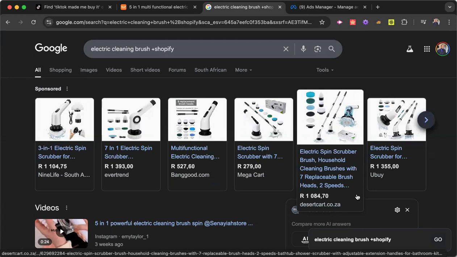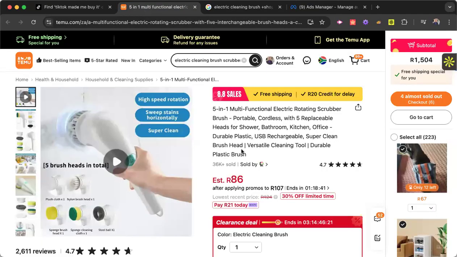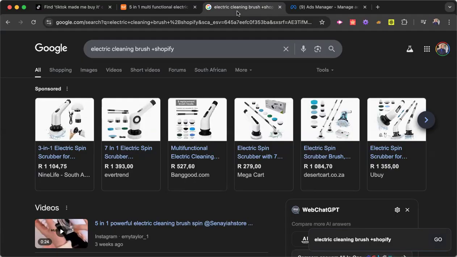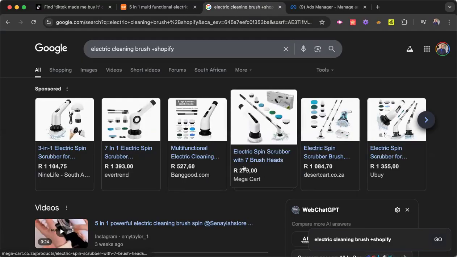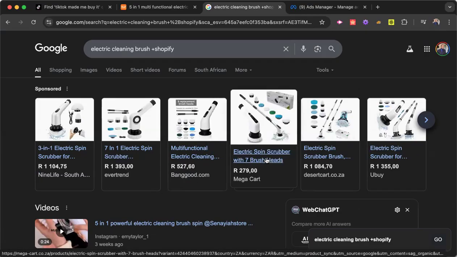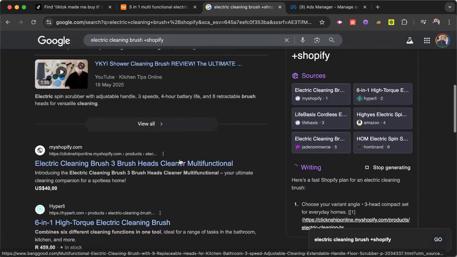You buy 1,355. So now, if you're thinking as a business person or as an online trader, you're probably thinking, actually, this product, which costs me 86 Rand, if I come into the market and sell this for at least, let's say, 586 Rand or 486 Rand, compared to all these prices, my product is cheaper than all the current competitors. But that means we've got to make a better website than most of these people.